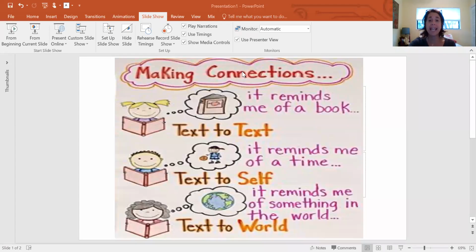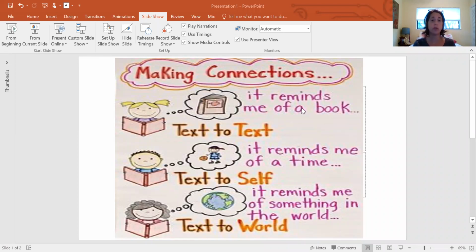So when I read a story, I'm like, hey, that story reminds me of the story we read a couple months ago. So you have to learn how to remember stories. You could read a couple stories. Hey, that story reminds me of that story that they did here. It sounds confusing right now, but I'm going to show you a little anchor chart to show what I'm talking about. It's called making connections.